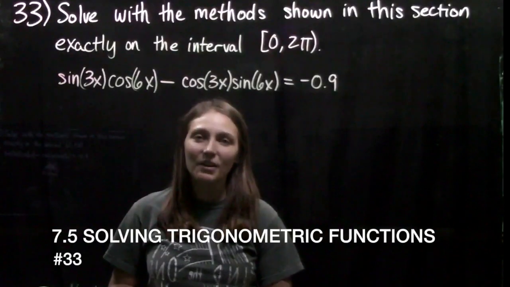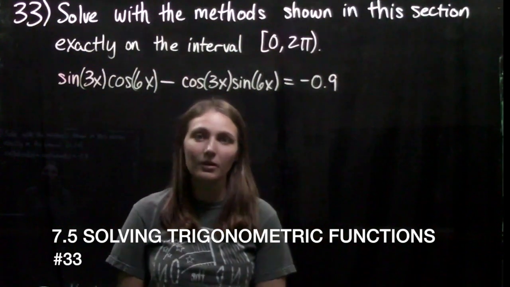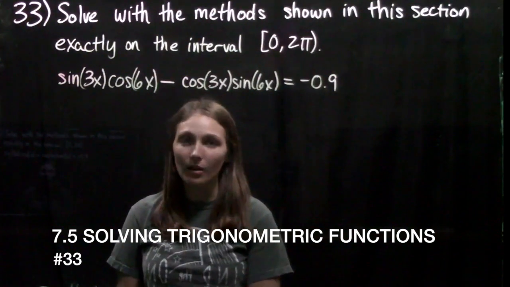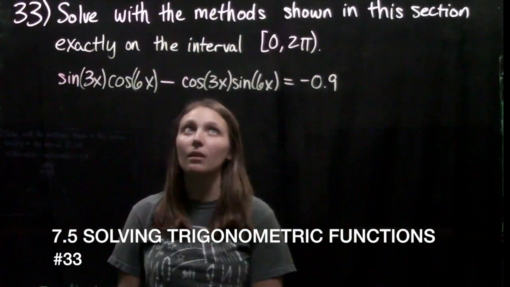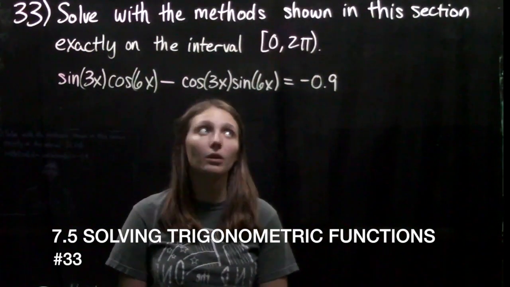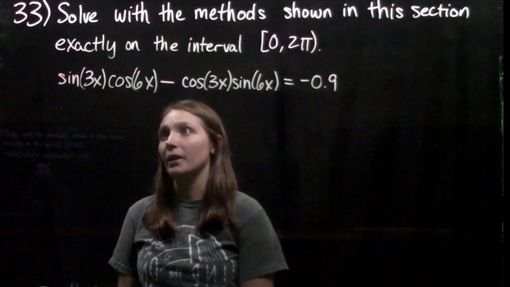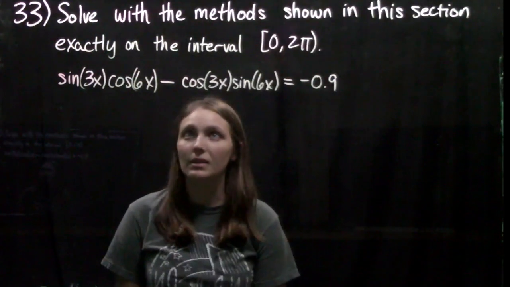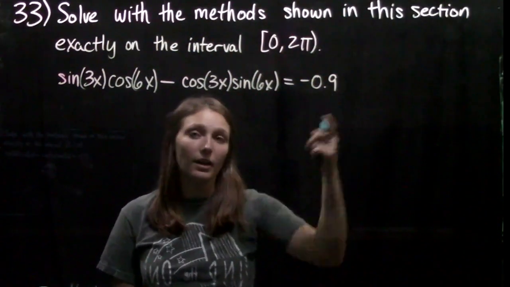Hey guys, in this video we're in chapter 7 on trigonometric identities and equations, and we're in section 5 on solving trigonometric equations. And we're going through problem 33, which says solve with the methods shown in this section exactly on the interval from 0 to 2 pi. And we're given sine of 3x times cosine of 6x minus cosine of 3x times sine of 6x equals negative